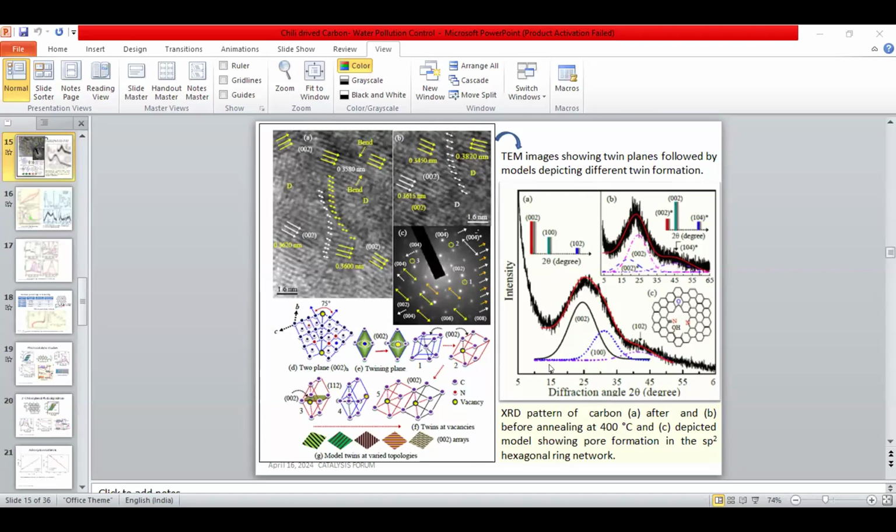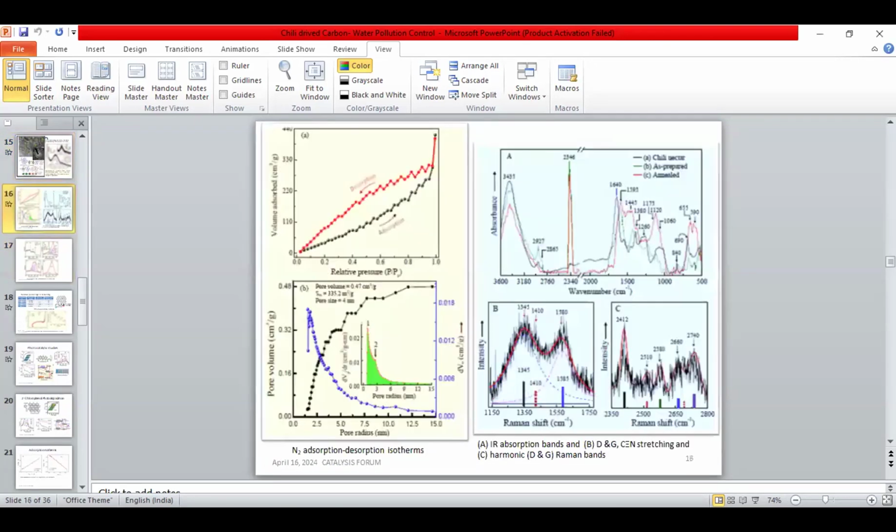So I'm continuing with XRD. Here the 400 N sample is also giving us many peaks, and we have modeled the structure as probably porous in nature, with some nitrogen functional groups attached to the pore boundaries. Next, in order to see whether pores are present, whether the structure is porous in nature,